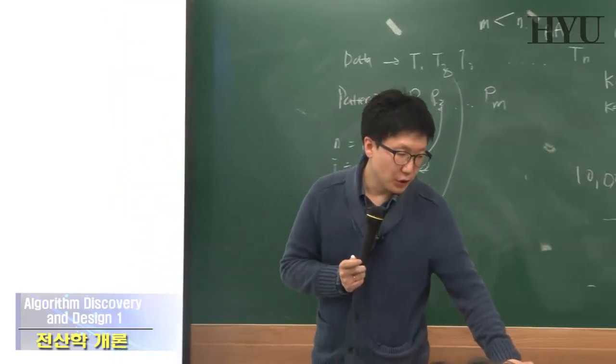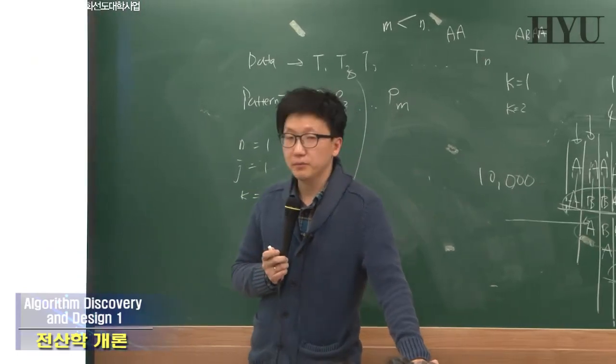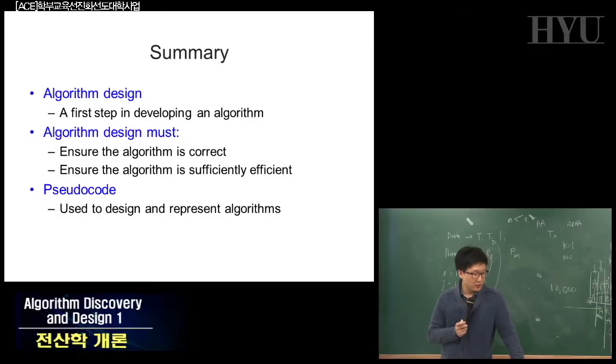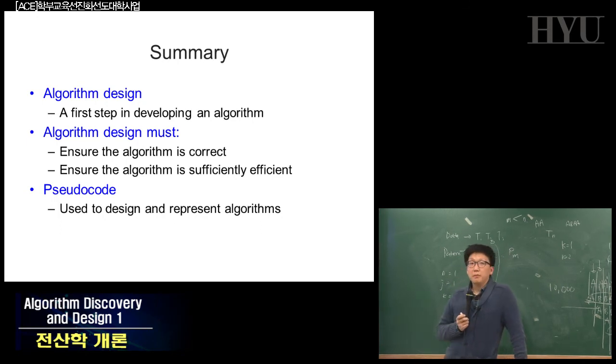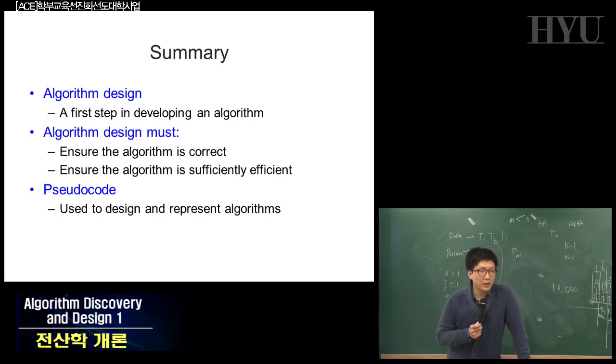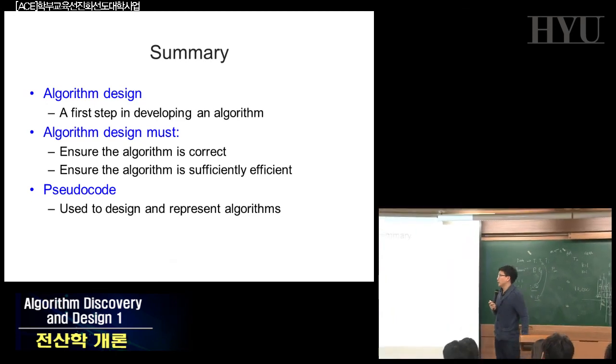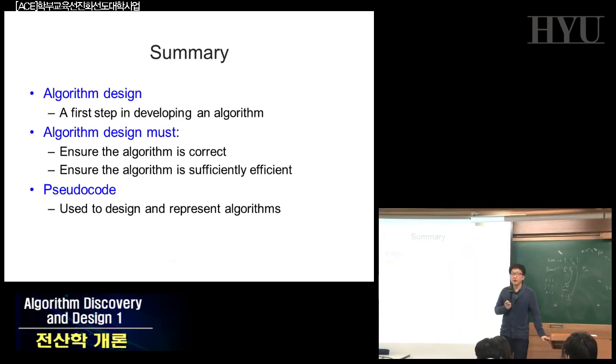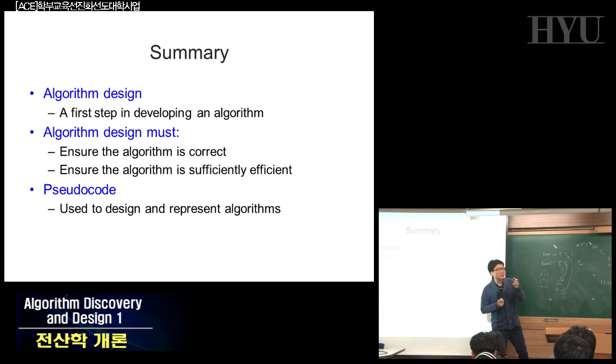Okay. So in summary, I think it's the end of chapter 2. Algorithm design. The first step in developing an algorithm or developing your own program: algorithm design must ensure the algorithm is correct. One thing we didn't discuss too much